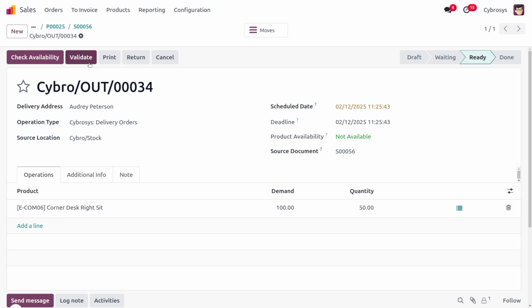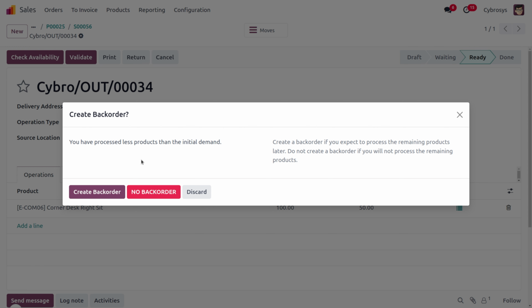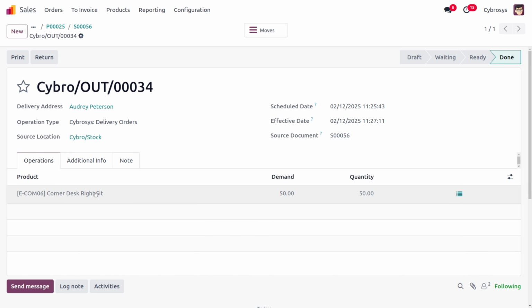The forecasted quantity shows the pending ones. So we just need to allocate the items when they are in stock to the particular sales order. When you try to validate, you can see that we can go with the back order because we don't have sufficient quantity. Let's create the back order over here, and you can see that we can deliver the item to the customer.